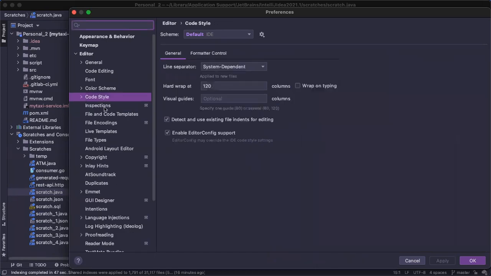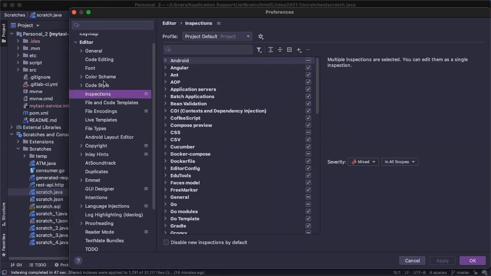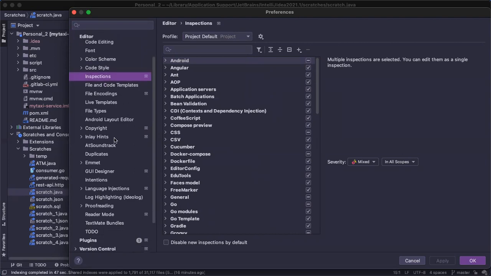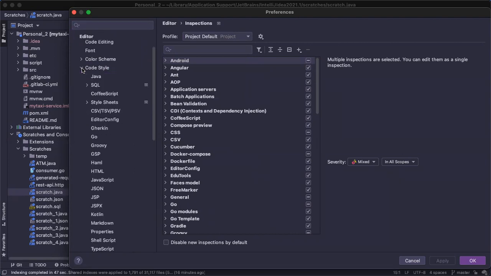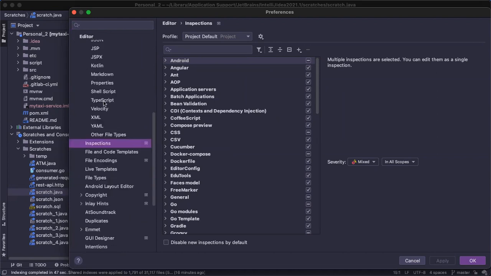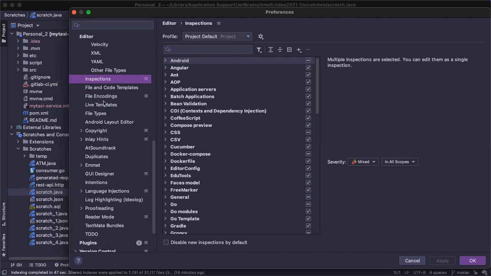You can see all these color schemes and everything come by default. Another advantage is that all these things which we are seeing have native support with the IDE. It's developed by JetBrains developers, so it has native support. You will not see any problem, crashing, or memory leakage issue. You won't face any problem.